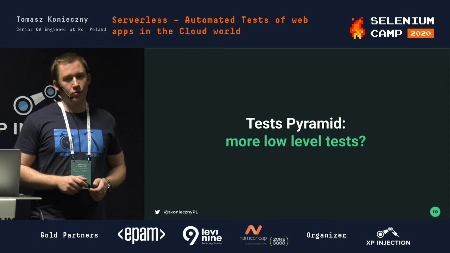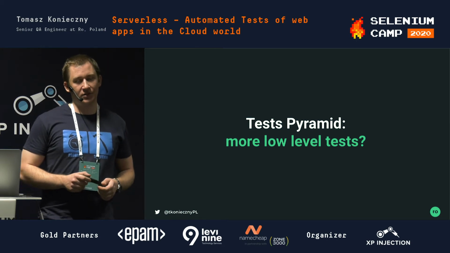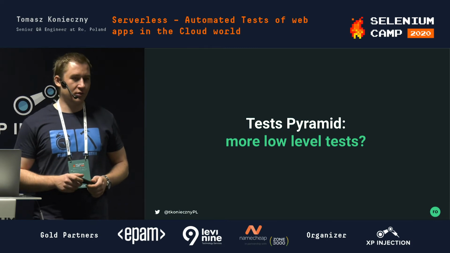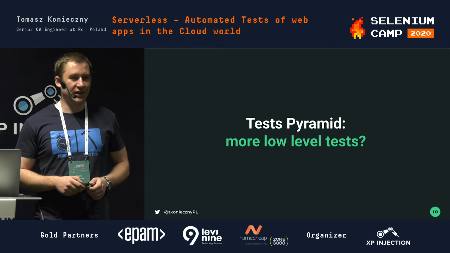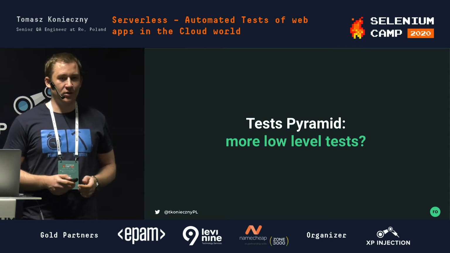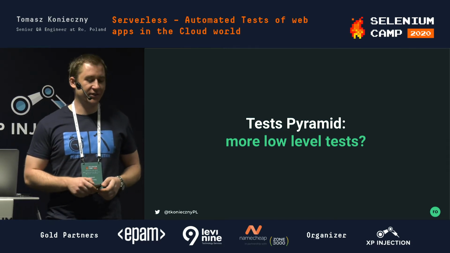Or maybe we should think more about the test pyramid. I mean, maybe we can replace some of these high-level tests with low-level ones. They are way faster. Maybe we can do this. But what if we already did that and tests still aren't fast enough? And we can't replace all high-level tests with low-level ones, because only high-level tests can actually guarantee us that it's